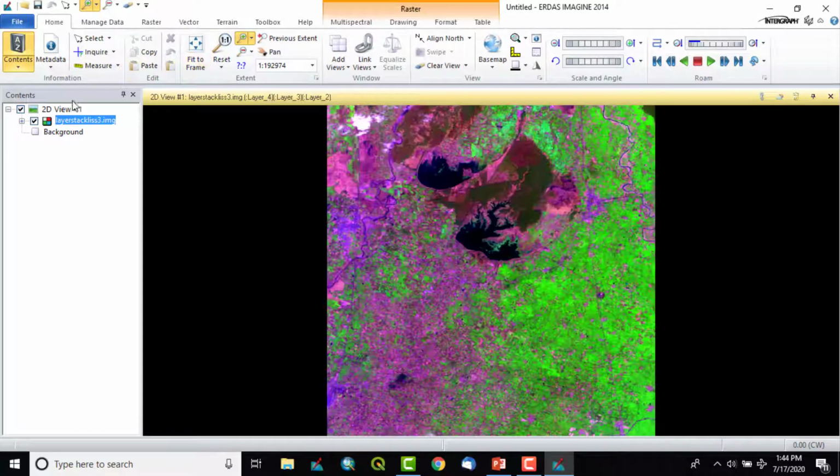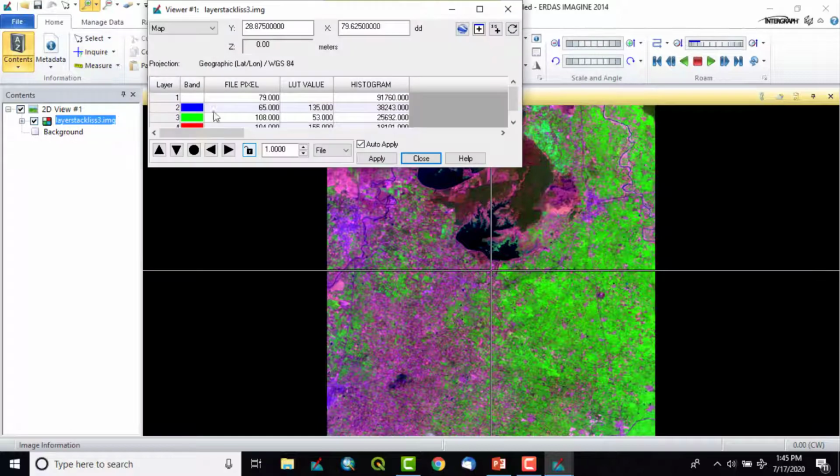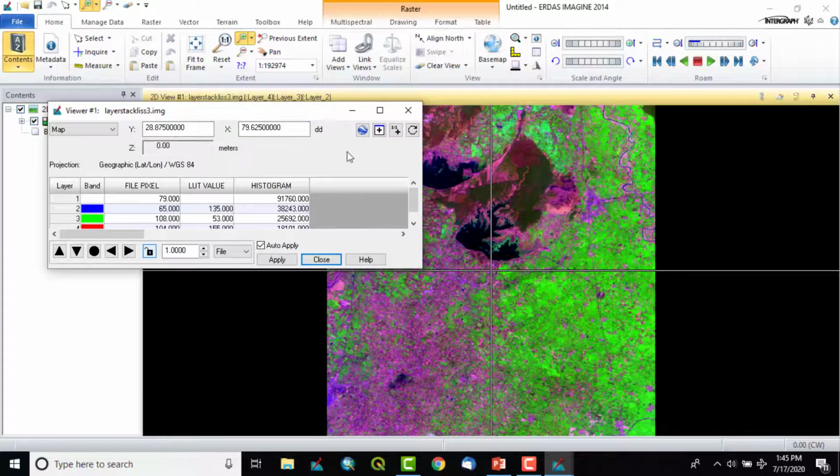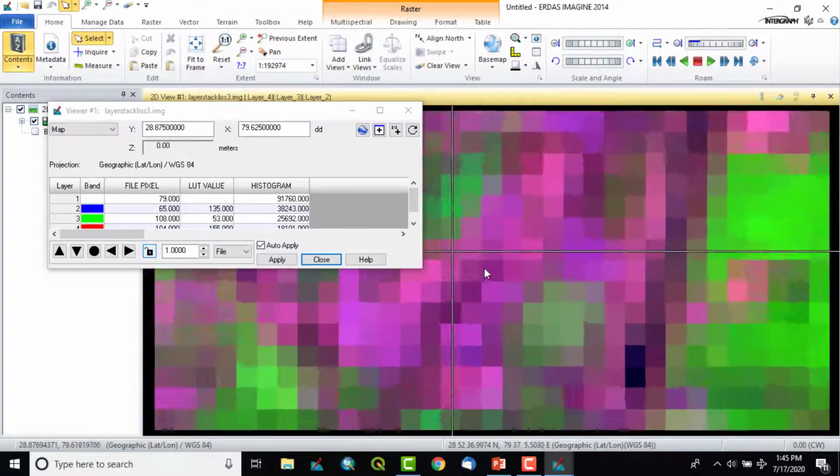So let us again fit to frame. Next is inquire. The inquire cursor shows the color values of the particular pixel. Like here, this inquire cursor, where it is, so here.